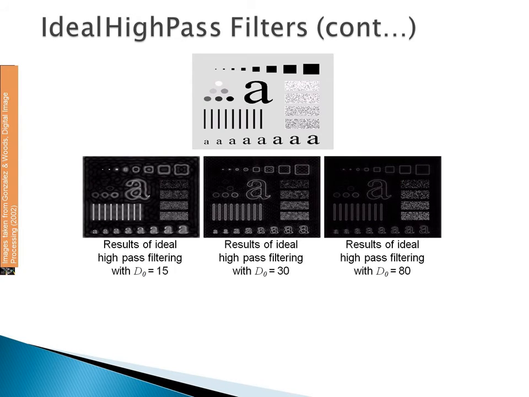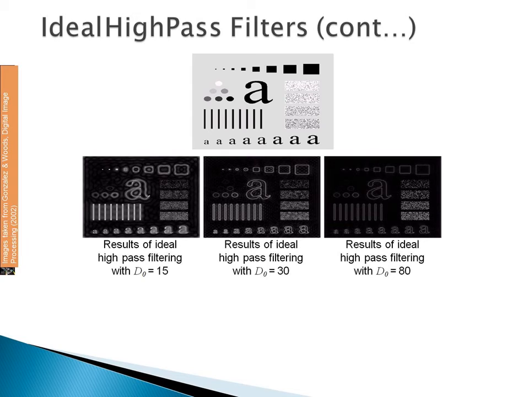Now we will see image sharpening by making use of the frequency domain filters. Because the edges and other abrupt changes in intensities are associated with high frequency components, image sharpening can be achieved in the frequency domain by making use of high pass filtering. When we are using high pass filtering, it is going to attenuate the low frequency components, but it is not going to disturb the high frequency information in the Fourier transform.